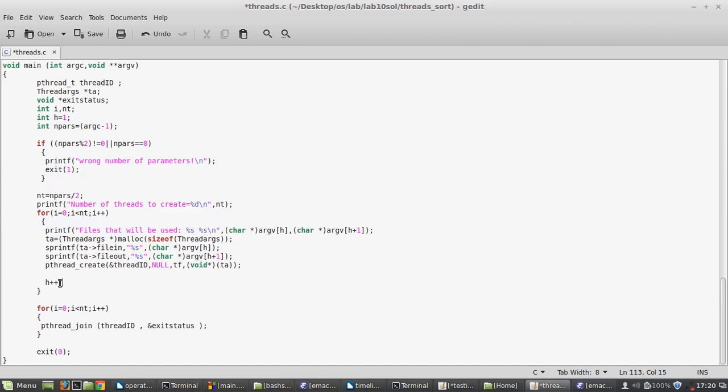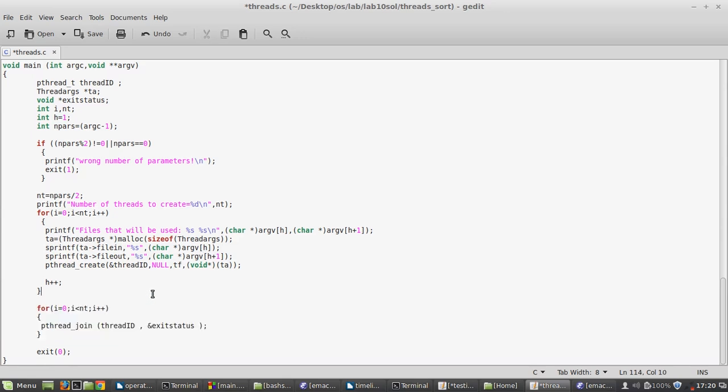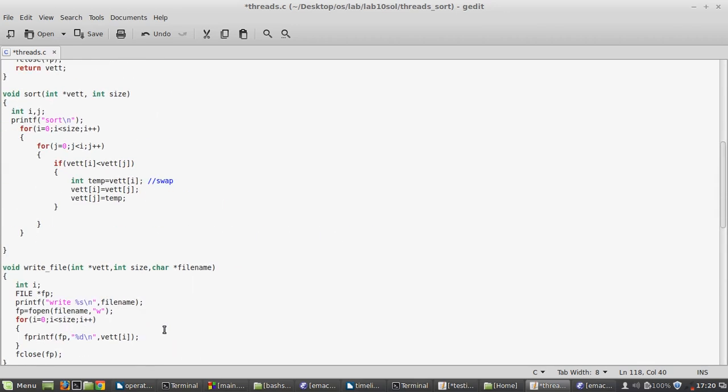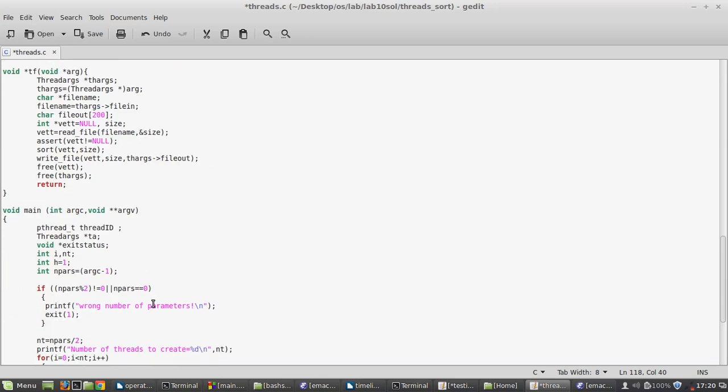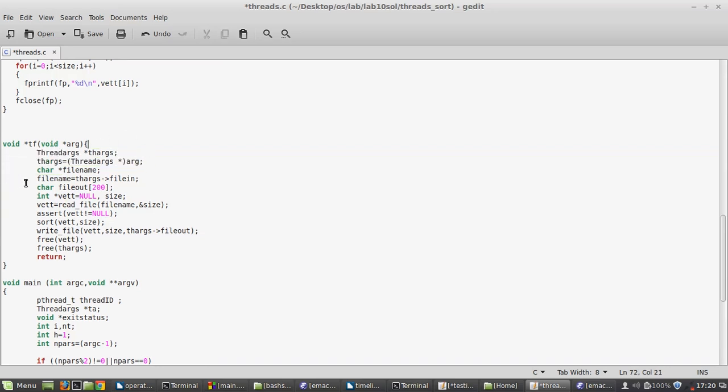Then lastly you create the thread and you increment the counter after creating the thread. So here the counter is incremented twice. It must be done like that. And you guys have seen that the thread ID that you have created with the thread, its address is passed here, the null, and tf is the function. After creating the thread, for each thread that you create, you have to join the thread, right? And lastly you exit, and